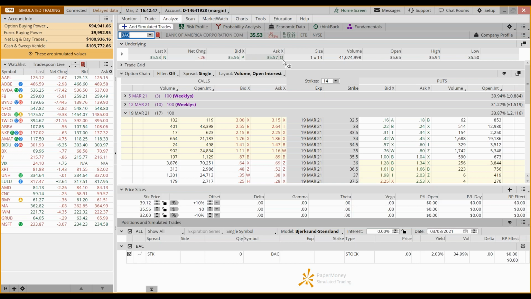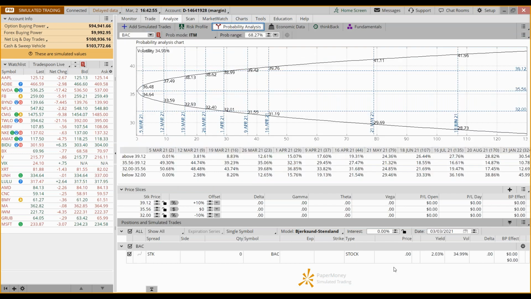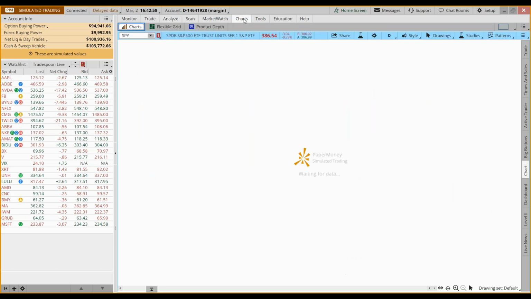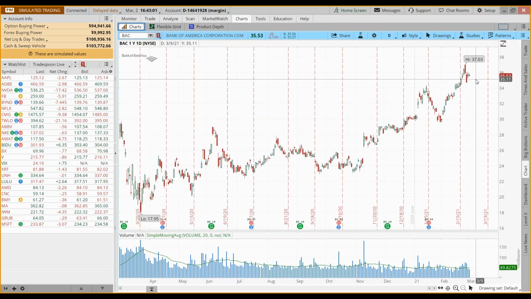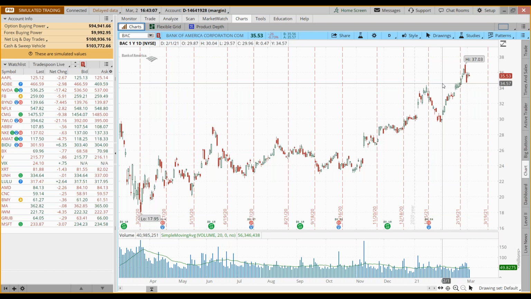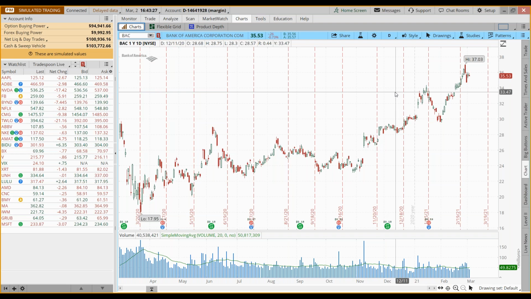It's very, very difficult to accurately be able to look at a trade and be like, oh, there's a 68% chance. This is what people do when they talk about probability analysis. So I'm bullish on Bank of America. I think it's pulled back. It looks like it might pop a little bit. You can see that financials have been strong. We've identified that financials is a leading segment in the market right now. So it's certainly a place that we want to look.